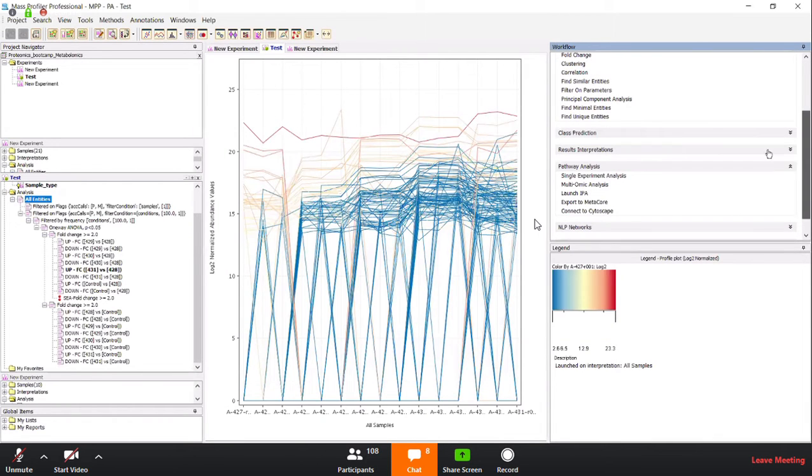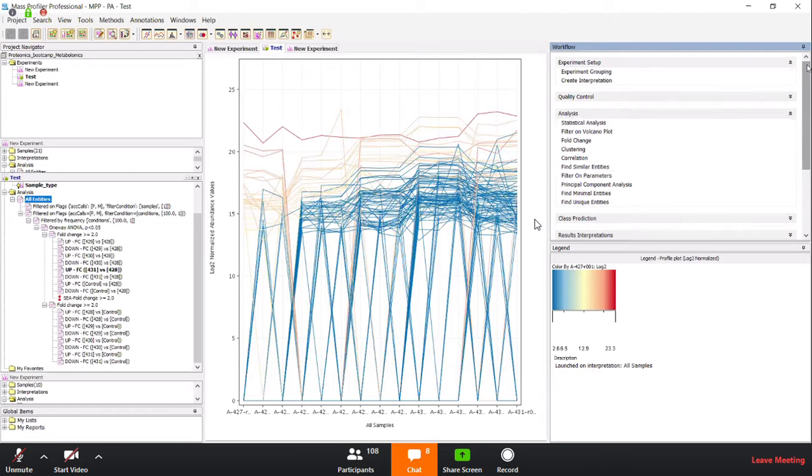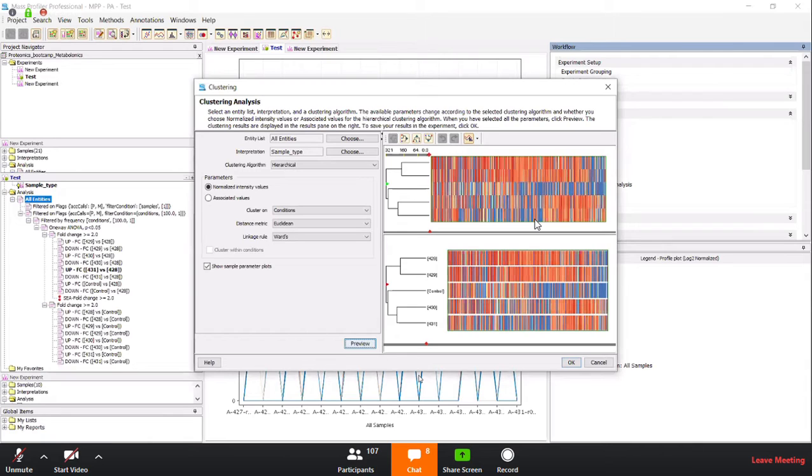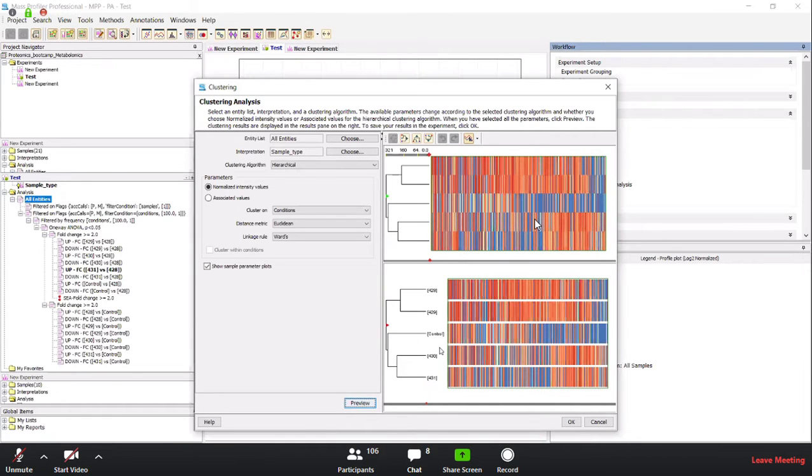So MPP in itself is a very vast subject, which is difficult to cover in a one hour session, leave alone with a few minutes of software. So you can do clustering analysis. This is something very important. So you can do a preview. So if there are some compounds which are doing upregulation, downregulation, just with the click of a button, you can do this clustering analysis. So if you see here, the control is different from other samples, and these two are clustering close by. And there are various other clustering algorithms, k-means, self-organizing heat plot, etc., which we will cover.